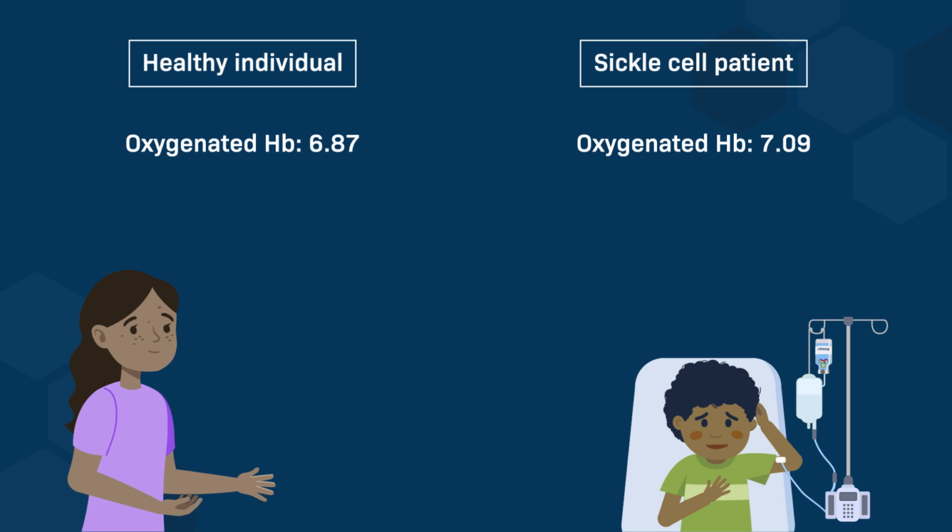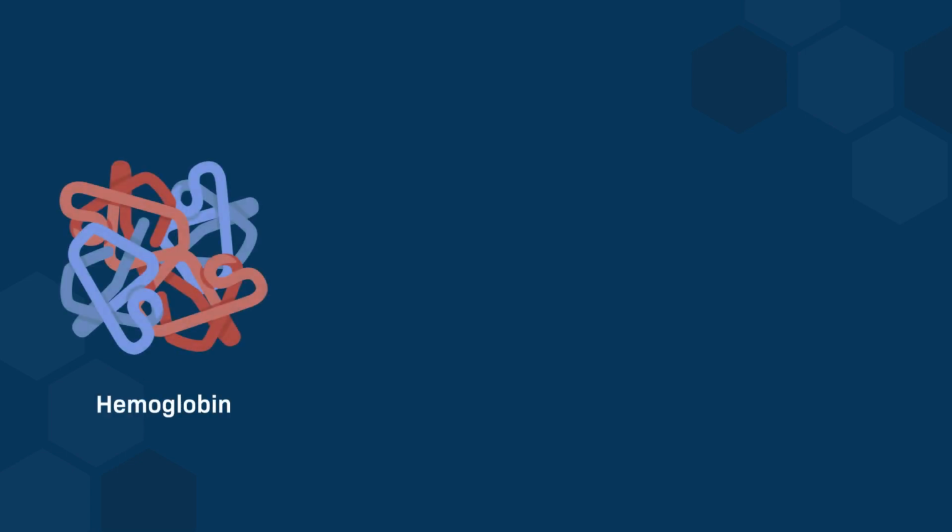The difference in net charge suggests that in the hemoglobin of a sickle cell patient, a mutation that results in an amino acid substitution has taken place. To test this, an experiment can be conducted. We can take hemoglobin from both a healthy individual and a sickle cell anemia patient, and then subject this purified